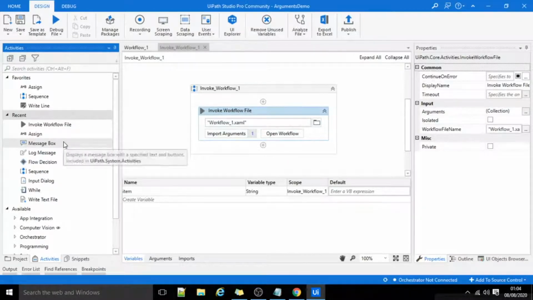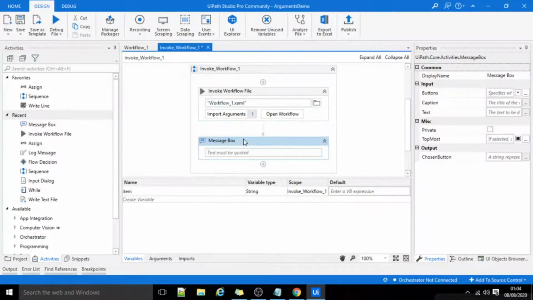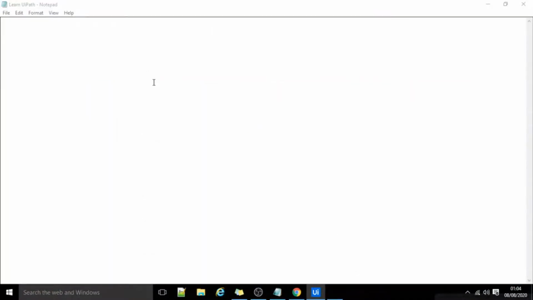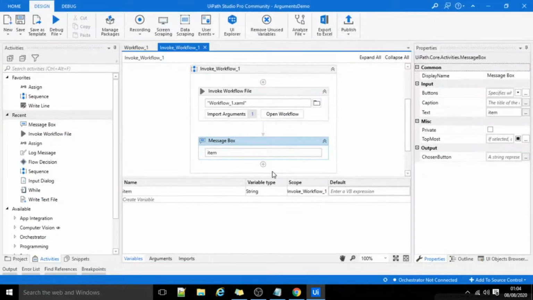Now we can display this value, item. Let me run this workflow. So the text that we got is Creta car. This is how an Out direction argument works.